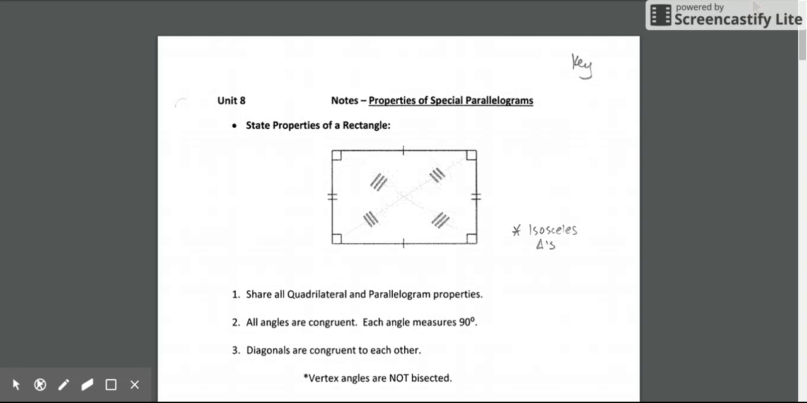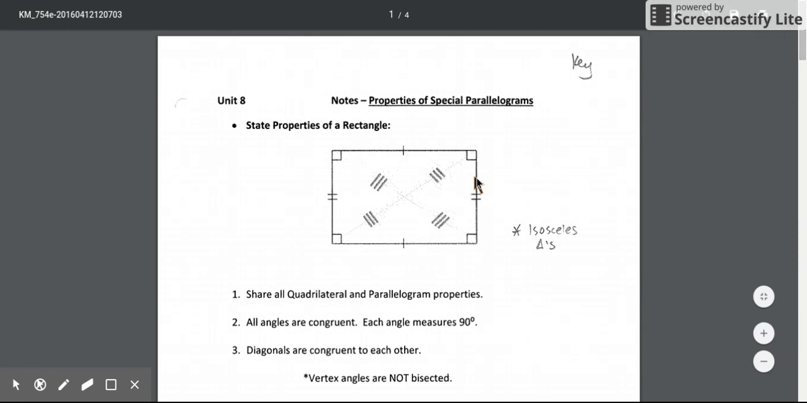So these shapes that we talk about today are going to be inheriting the quadrilateral and parallelogram properties. And in addition to those properties, they're going to have their own unique special properties, making them specific types of shapes. For example, we have a rectangle, which is a special type of parallelogram. Not only is it a quadrilateral, it has four sides and all four of its angles inside add up to